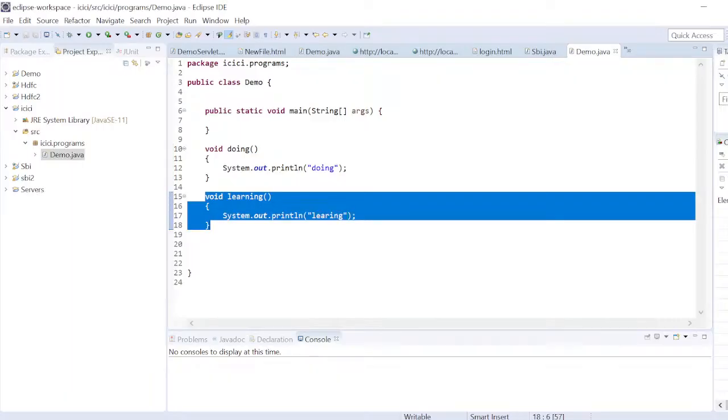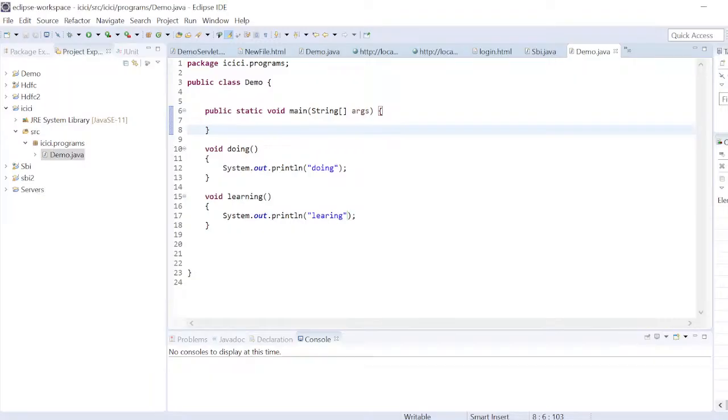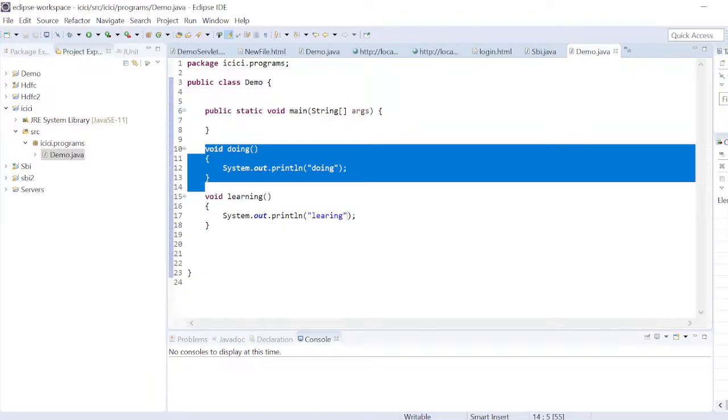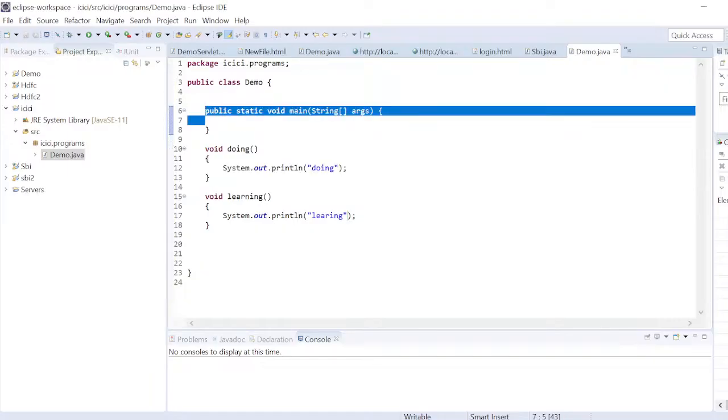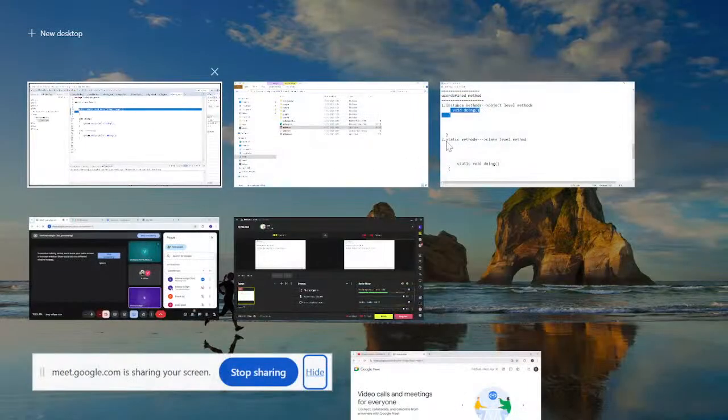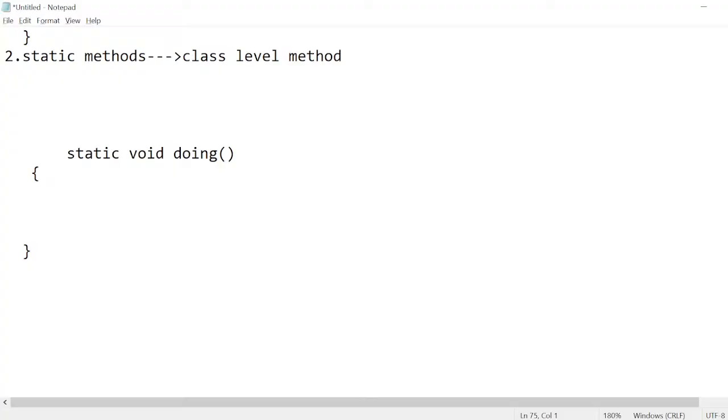Now, if I run this file, will all these methods execute? Only the main method will execute. Why? Because we didn't call them. JVM will know only the main method. The remaining methods JVM will not know. If I run this one, it will execute only the main method. The point here is that by default, JVM will execute